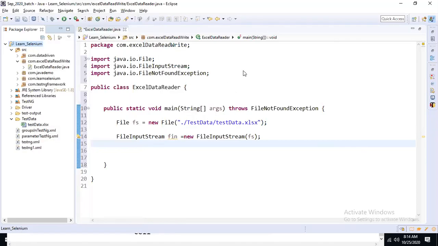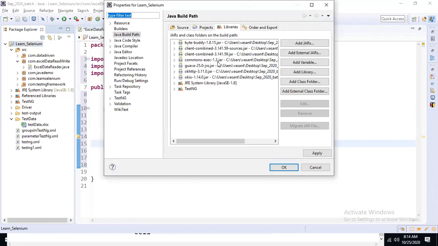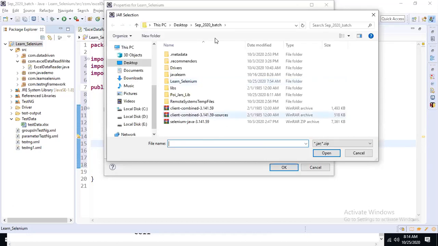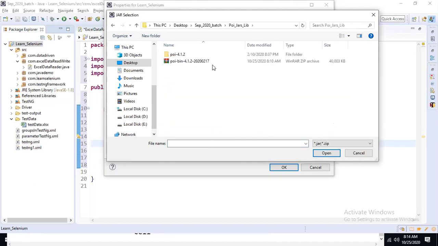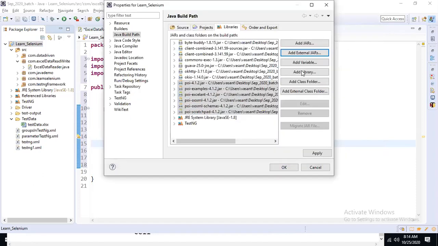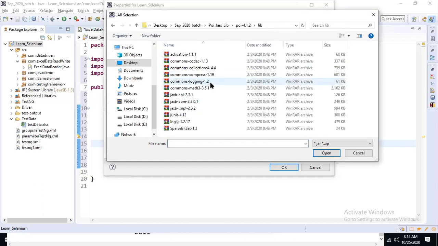In our class path, we will add these jars. Click add external jars, and this is my current working directory. Under September, open this POI and add these 4 to 5 jars. Then again click on add external jars, click on lib, and add all these jars, all the packages.